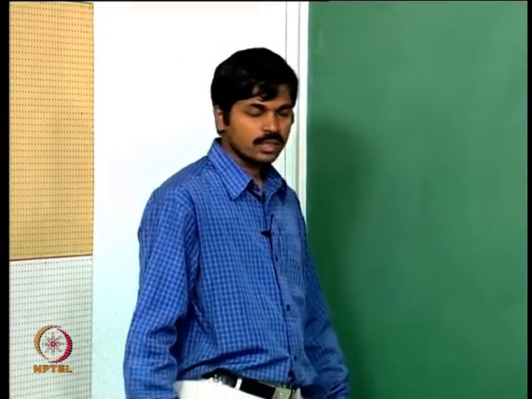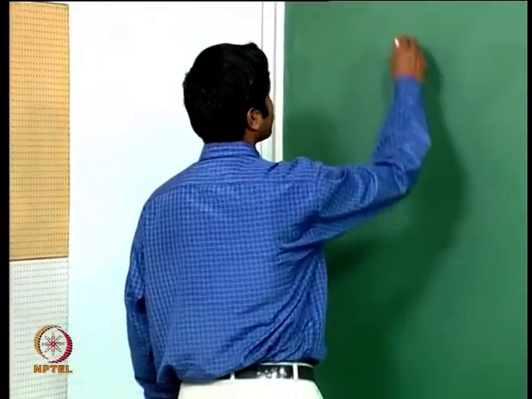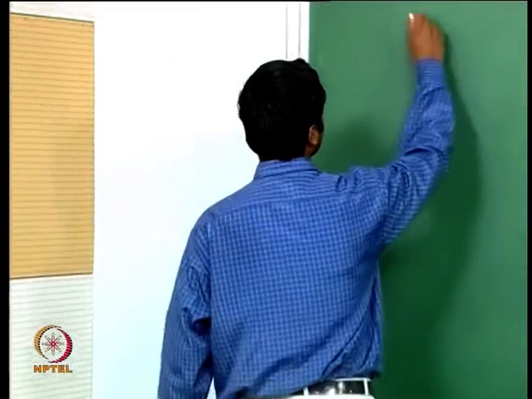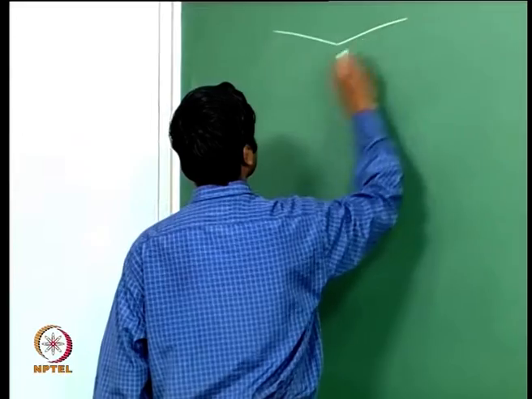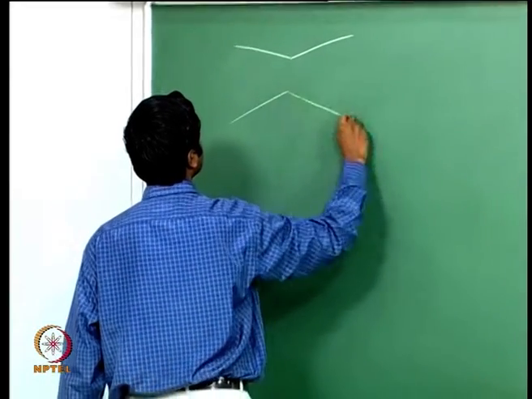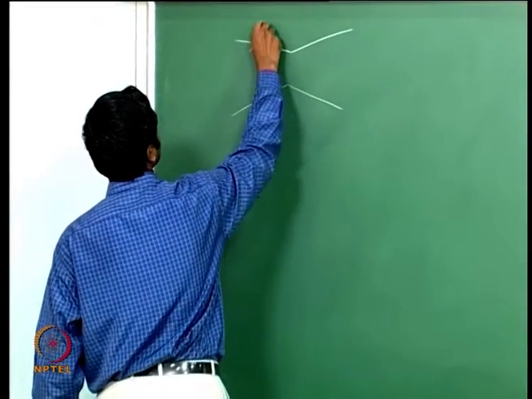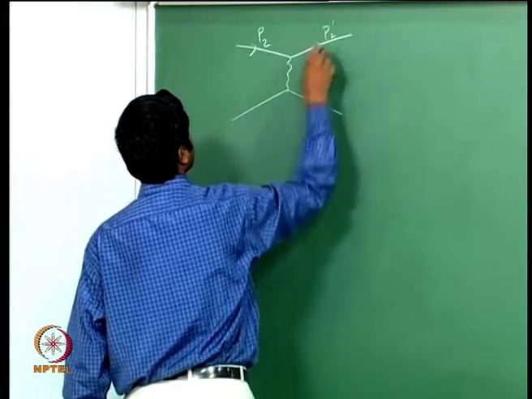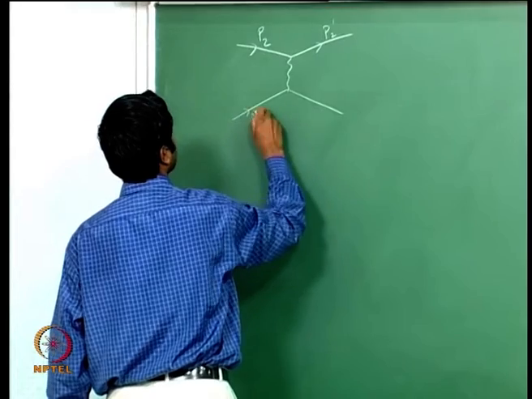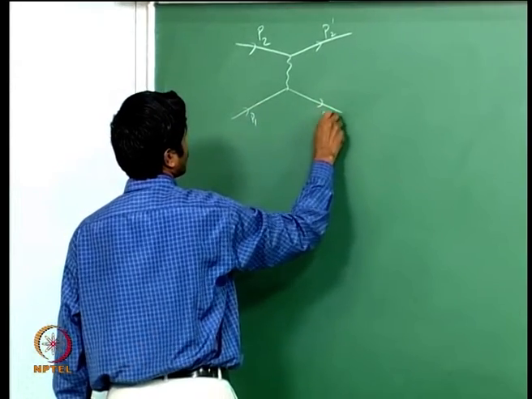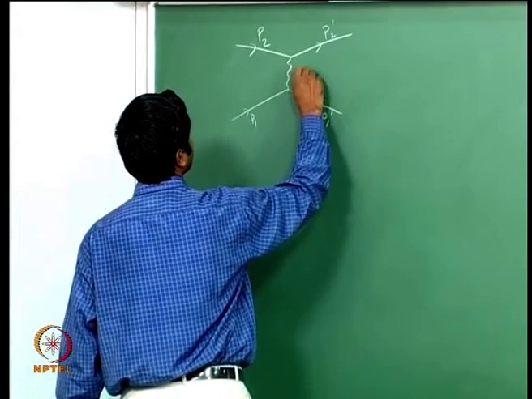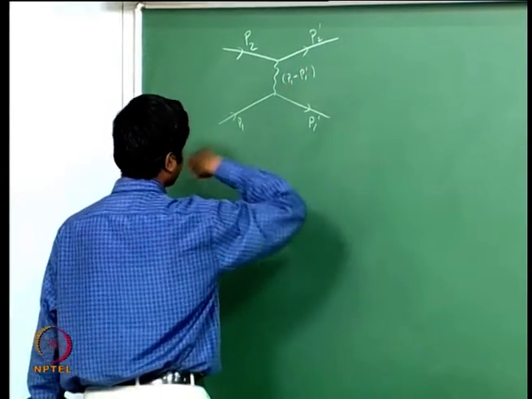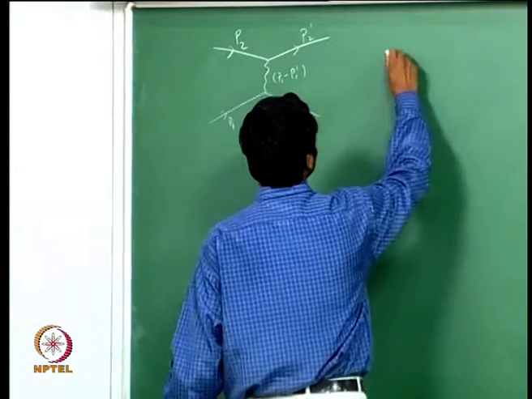We are discussing electron scattering, and there are two diagrams which contribute to the process in the lowest order. These two diagrams are given by the following: P2 going to P2 prime, P1 going to P1 prime, and there is a photon of momentum P1 minus P1 prime. The other diagram is